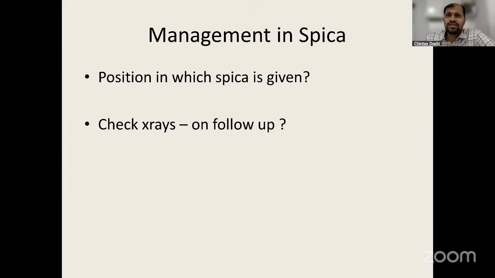Then check X-rays. It depends on how the displacement is and how much you expect it to displace in the spica, and whether it is a well-fitting spica or not. So usually at 1 week to 2 weeks time, I'll do a first X-ray, because the swelling will reduce and there may be some increase in overlap or increase in displacement. If it is acceptable and aligned, still I would not change it, but it all depends. I would not accept a varus of more than 20 to 30 degrees